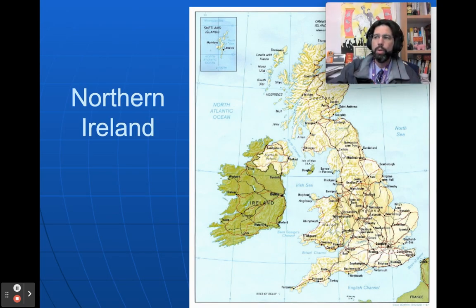Northern Ireland is also an issue. You have elements of Northern Ireland that are in favor of staying with the UK. You have elements of Northern Ireland that want to come back and be a part of Ireland. That has resulted in violence in the past, including significant violence during the 1970s and 1980s. And we'll get into that more as we go along. We have economic stagnation, we have immigration, we have class differences, and then we have the results of Brexit, and finally, what do we do about these nations that exist in the UK: Northern Ireland, Scotland, Wales.